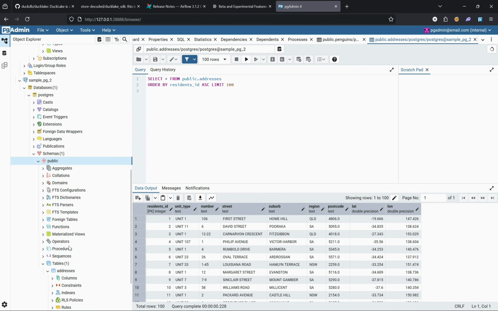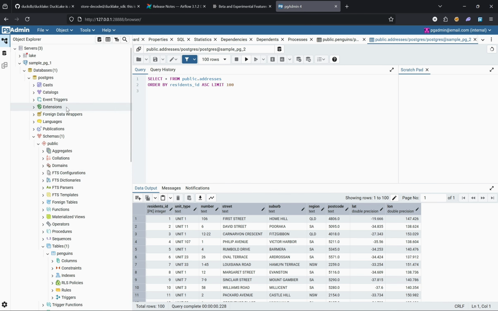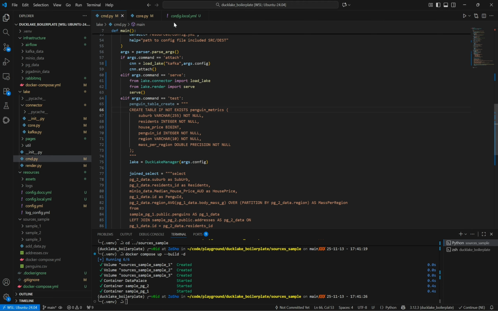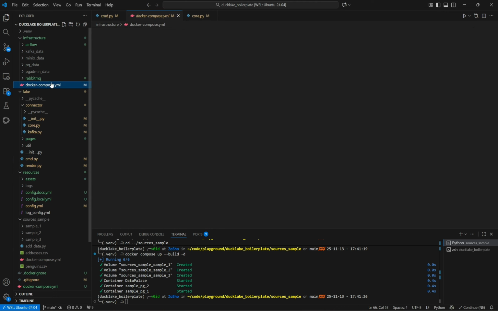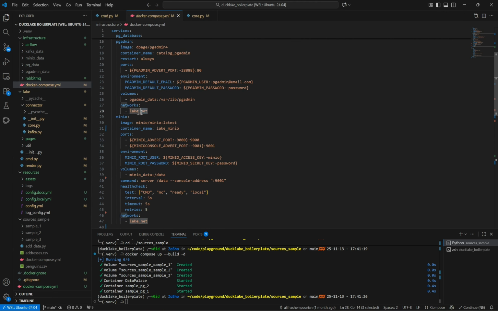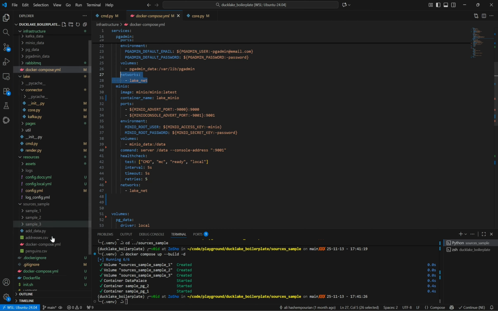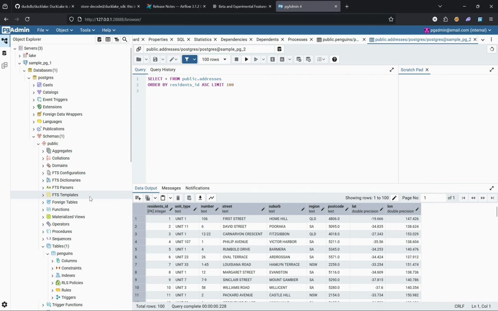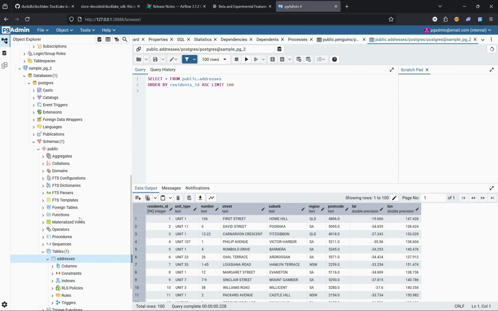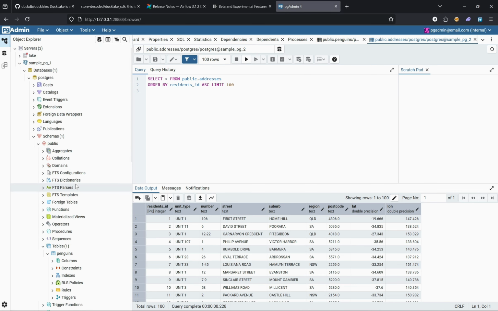They're completely decoupled from each other, but since they're under the same network inside my Docker, I should be able to resolve the hostname for my data samples. So all of them are under the network of LakeNet. So if I look in here, I have tossed in some sample data. The sample PG1,